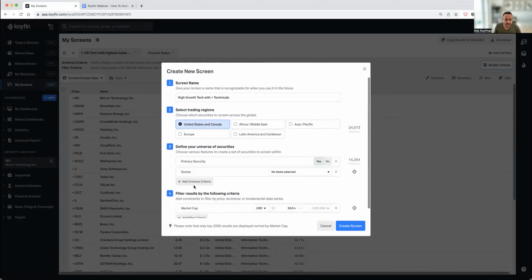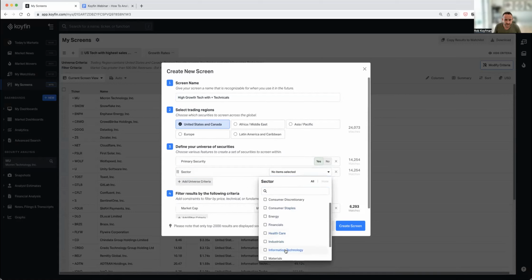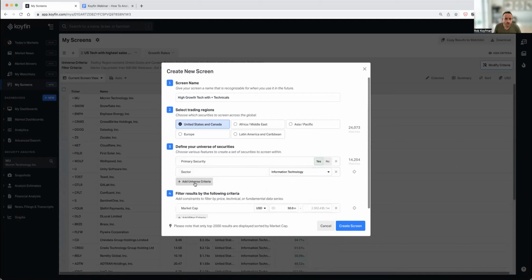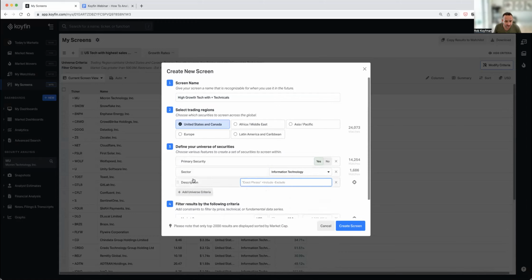So let me select my sector here, which is going to be information technology. One thing I want to highlight to you, which has nothing to do with this presentation, but make sure you know that you can search the description here. I can search the description for anything that's an exact phrase in quotes, or with a plus sign include, or with a minus sign exclude. So let's say I didn't want any companies that had the word semi in it, I would do semi,